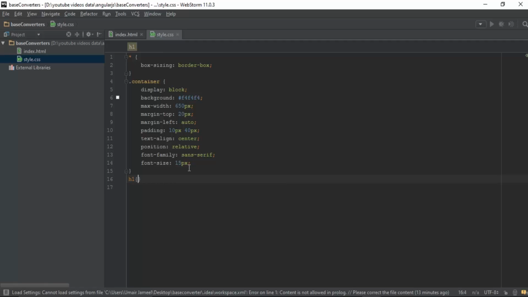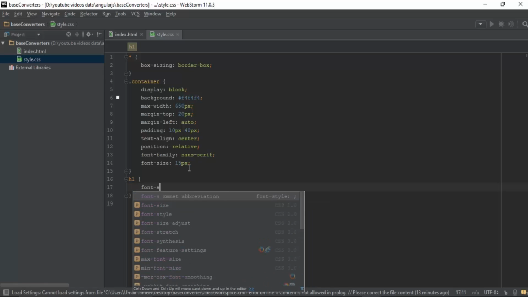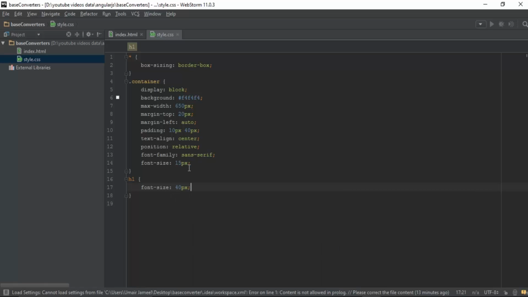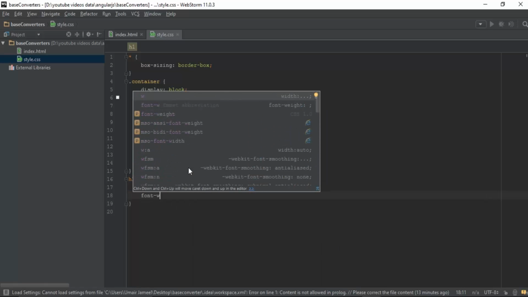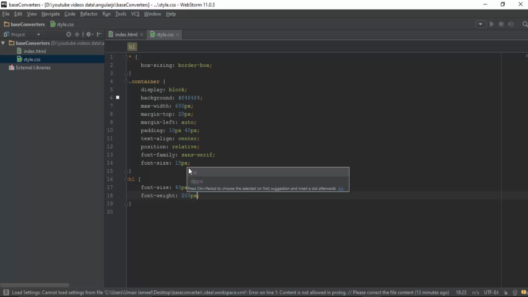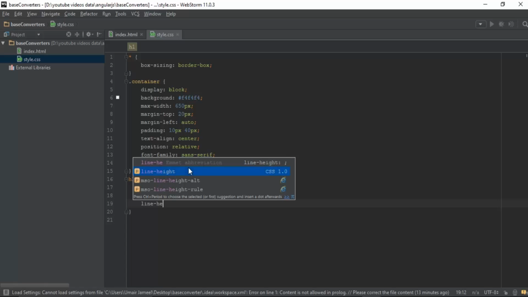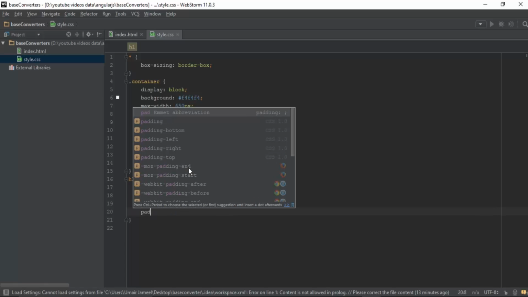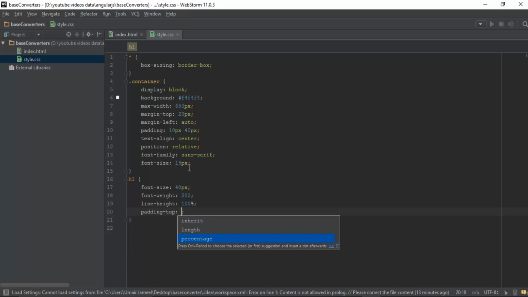We have a H1 and its size has to be font size 40 pixels, font weight that has to be 200 pixels, line height 100%, padding top 10 pixels,